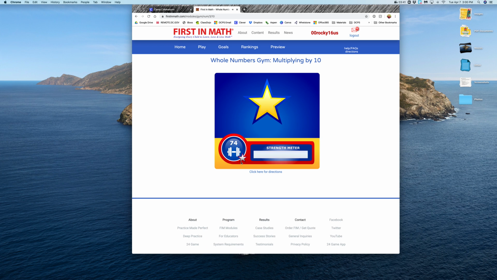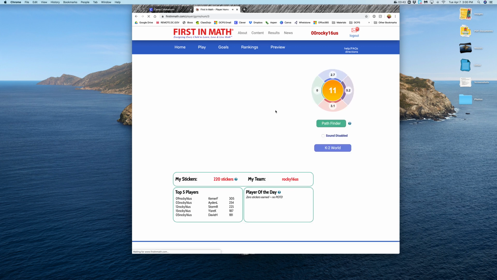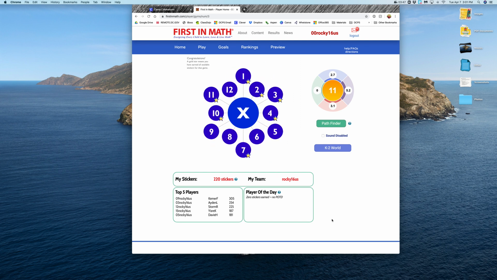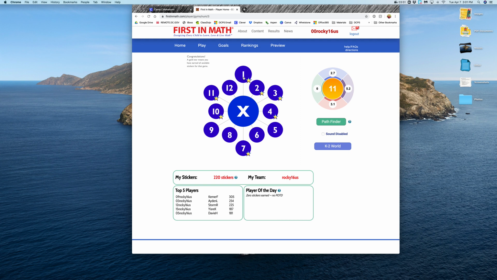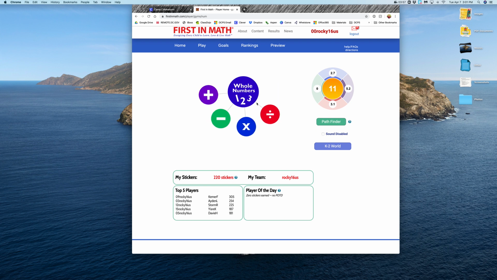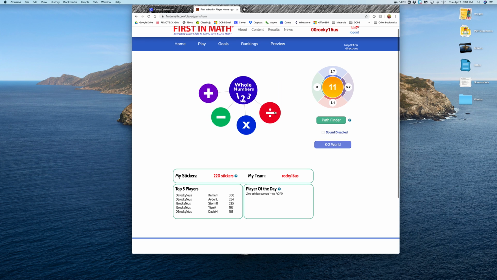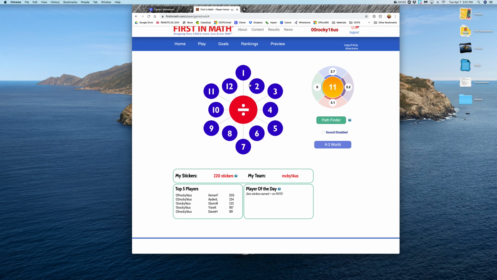And I've now changed my silver star to be a gold star. So a quick way for you as a parent to see that your kids are making progress is for you to say, go in there and get a gold star on your 2s or your 3s or your 4s. Now, your student might say they already have all their gold stars because we've been working on this in class, but you could say, okay, well, now go get your division gold stars because we have not done any division